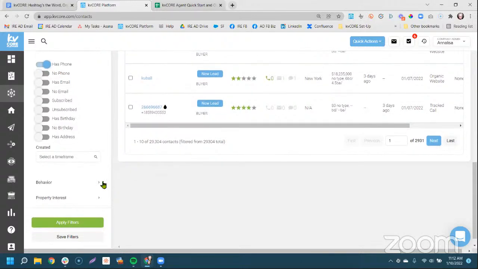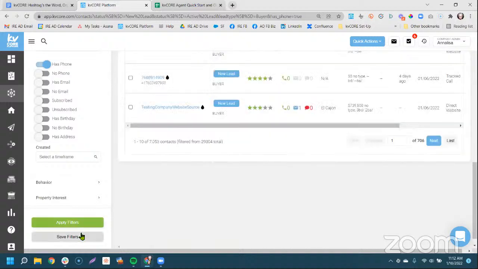And then maybe I even want to have a time frame like, okay, who haven't I contacted in X amount of time? Or do I want to make sure I've called everyone in the last 7 days? You can make sure you've got these little lists here to kind of keep you in checks and balances. I'm just going to pull everything. And then I'm going to click apply filter.